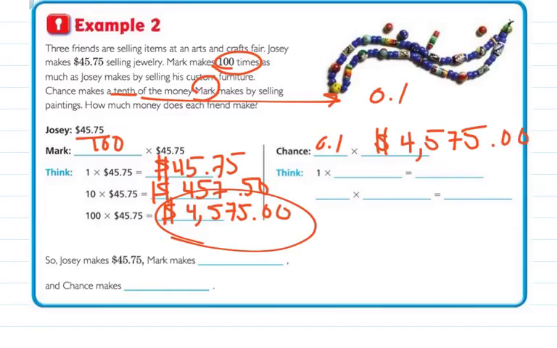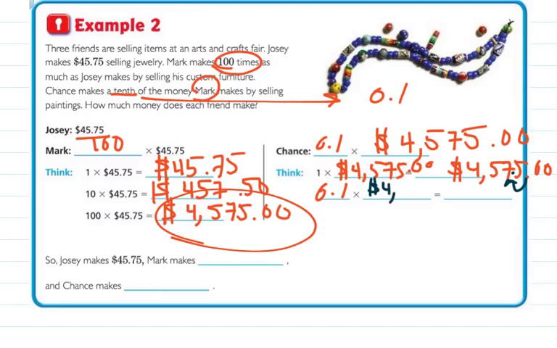Now when we multiply that amount by 1/10, boys and girls, it says to think 1 times $4,575 is $4,575. 1/10, remember, because it's a decreasing value, we're going to move the decimal space 1 to the left. So our new amount, boys and girls, will be $457.50. Remember, because we were multiplying by decimal, our product was going to decrease and move 1 space to the